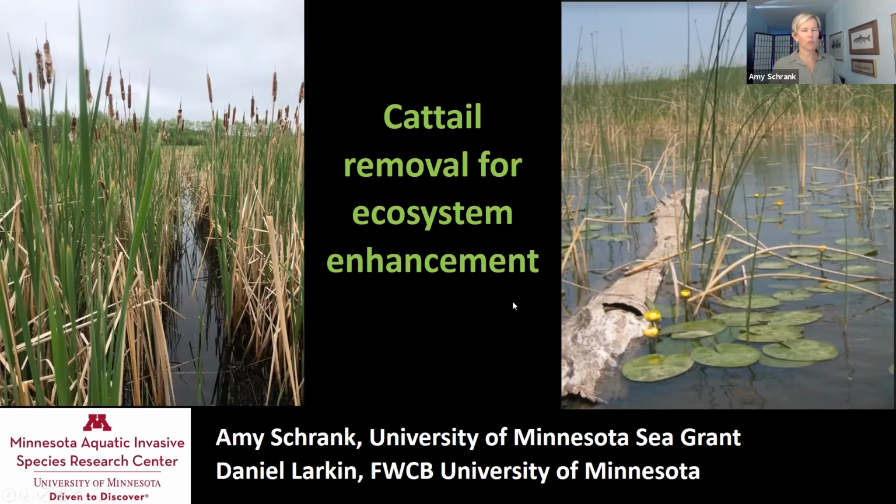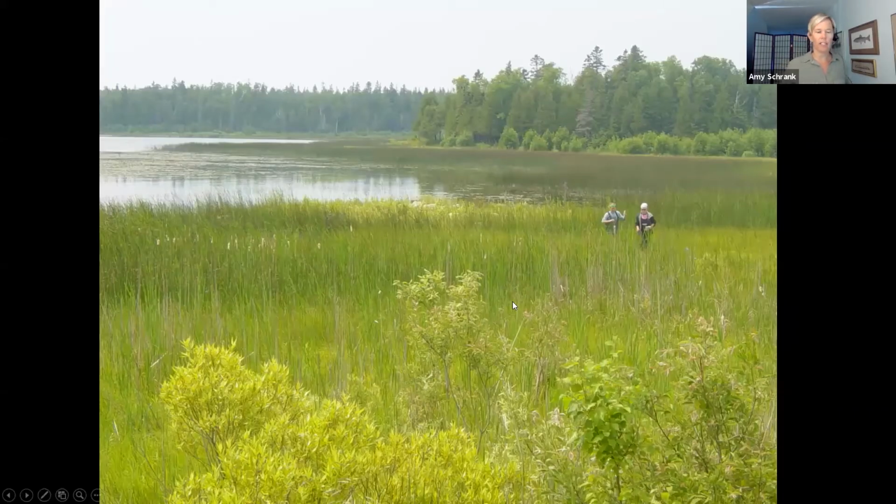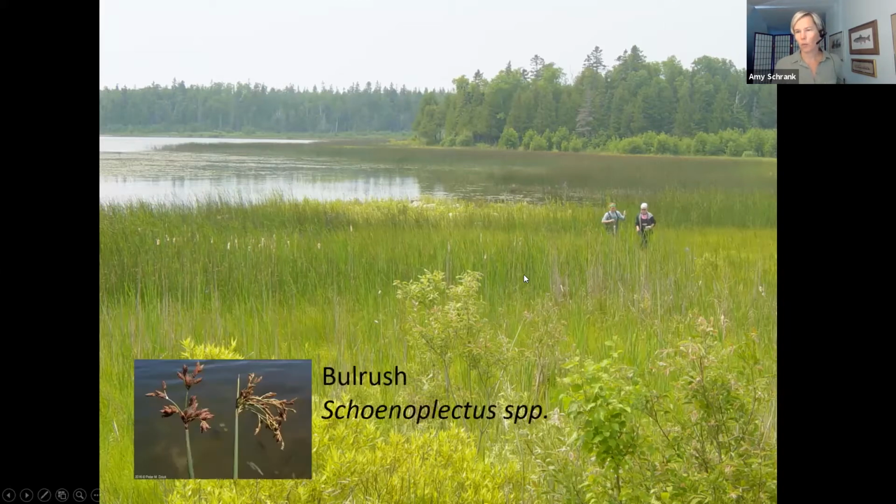So first, just a review of what a healthy nearshore lake ecosystem looks like. You can see a typical zonation pattern here. You see lots of different types of plants on the shoreline. As you move into the water, you can see in the background here, this plant's topped by brown. Those are bulrush. Bulrush are really important emergent plants in lakes throughout the Great Lakes and also in lakes in Minnesota. So those tend to dominate the nearshore zone in healthy ecosystems. And then as you move out to open water, you can see lots of floating leaf plants, and there's lots of submerged plants out there as well. So this is typical of a healthy nearshore ecosystem in Minnesota.